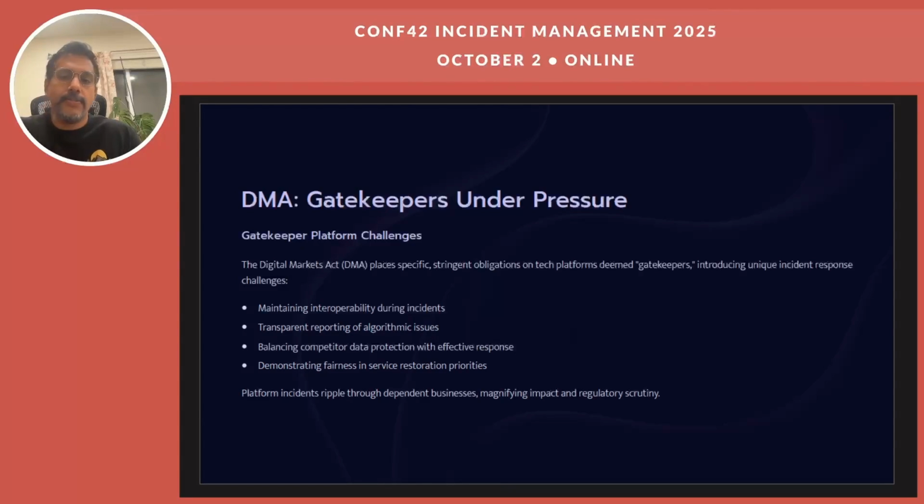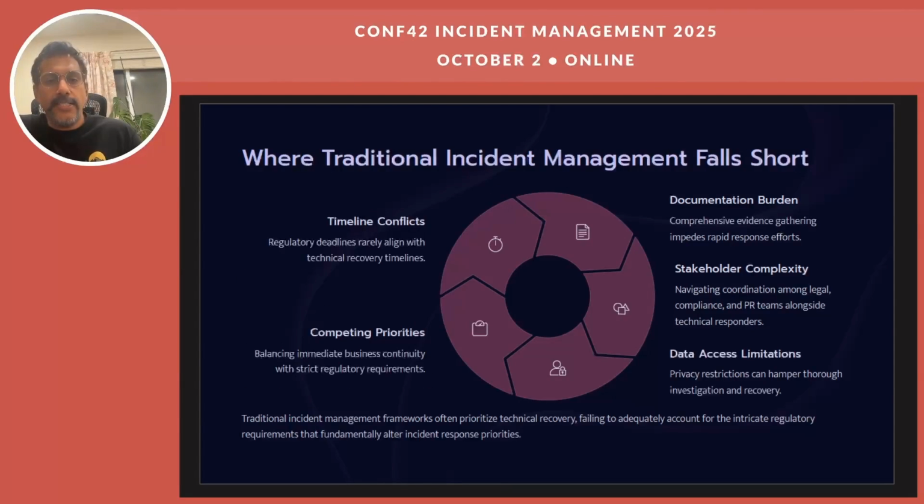restoration priorities. Let's look at where traditional incident response management systems fall short. Traditional incident management systems often prioritize system recovery as quickly as possible, and fail to account for the intricate regulatory requirements that fundamentally alter incident response times. So, if you look at this picture, there are areas like timeline conflicts, where regulatory deadlines rarely align with